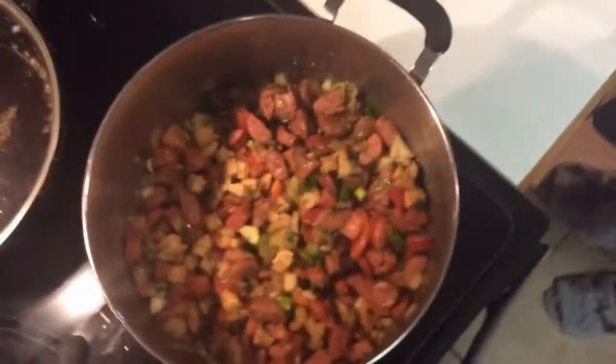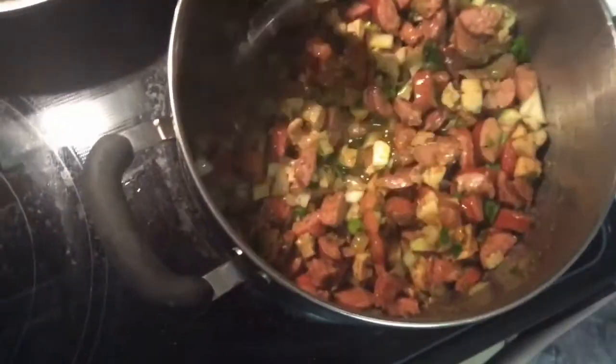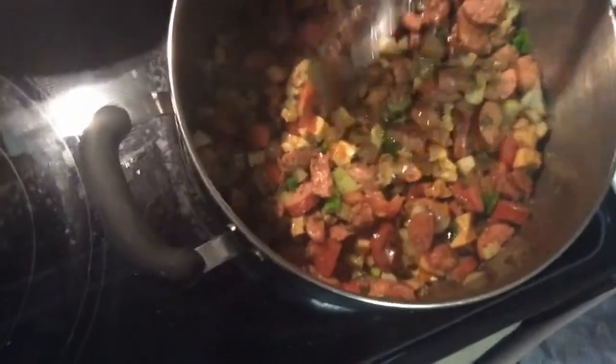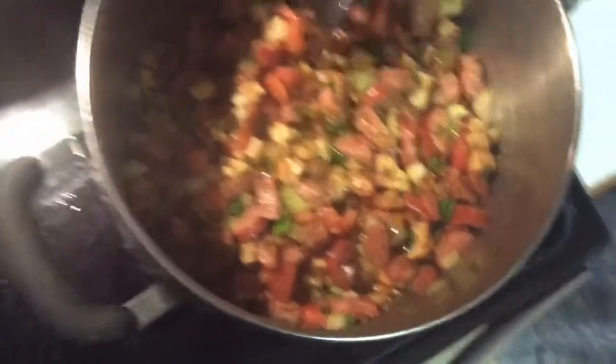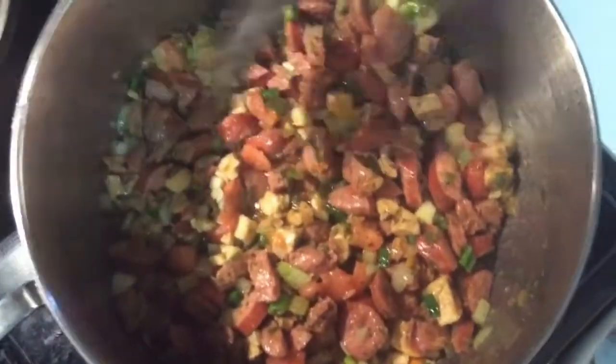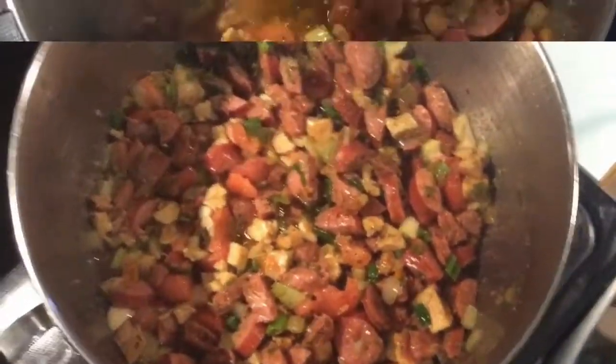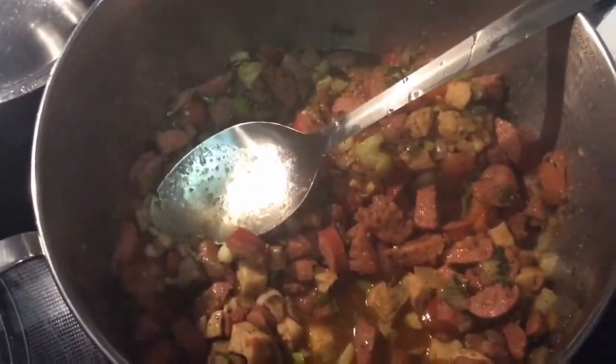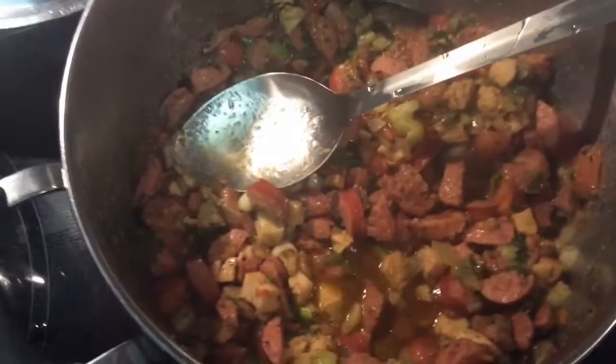But this is what it looks like. This is your jambalaya, and it's going to be good. And I hadn't put any water in it, but from the meats and the vegetables, it has made its own liquid. So we'll just turn it off, and I am going to fix a plate